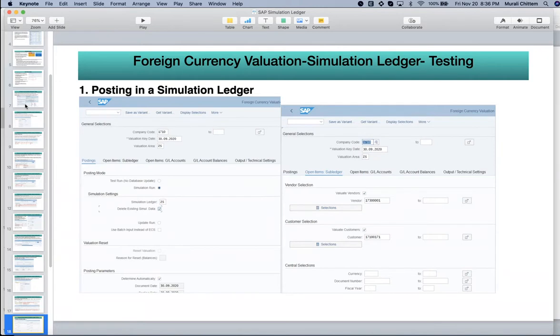And here you're selecting whether you want to evaluate all vendors or all customers. The third tab is open items GL accounts, like which GL accounts you are going to evaluate. You can evaluate whatever accounts you want. Instead of mentioning all the vendors, in a few organizations I saw, they will create a separate account group for foreign vendors and foreign customers, so they can give that as a range instead of executing for all the vendors and customers, because it will take some time. To avoid this, instead of copying and pasting vendors and customers GL accounts, they will have a separate set of account groups and a separate set of GL accounts.